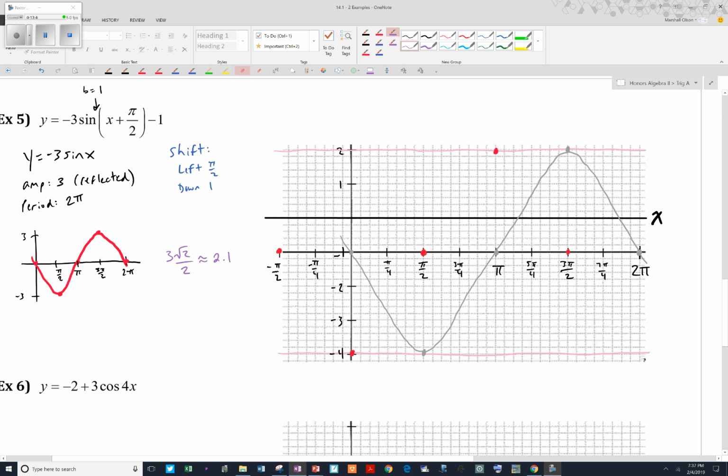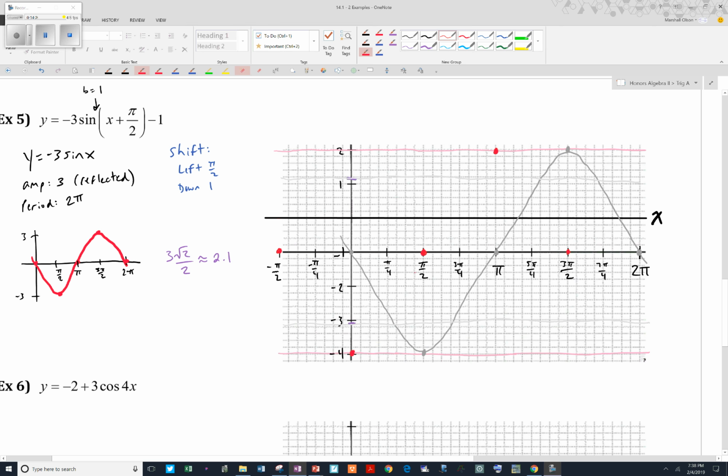All right, so what I'm going to do is draw again, see if I can get a little bit lighter color here. I'm just going to put another line there just to show where my square root of 2 over 2 points, or 3 square root of 2 over 2 points would be. Oof, it's kind of hard to keep this straight. Close. All right, so what I know then is I can add points